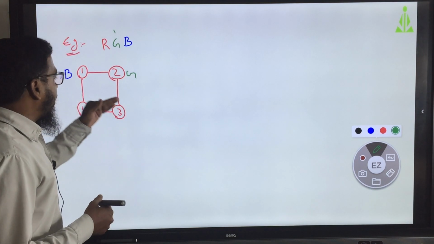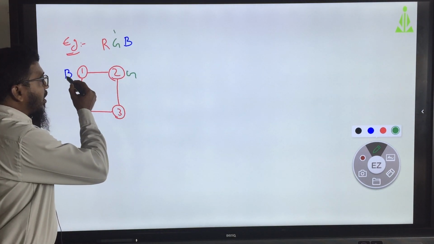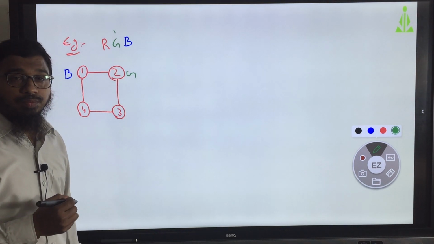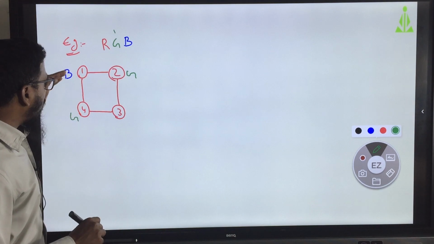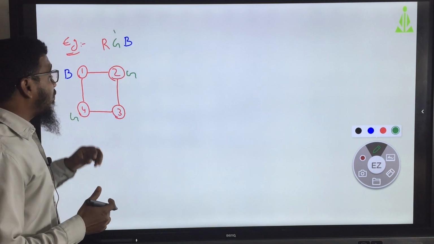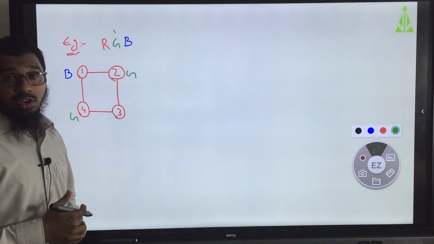Now, from the B, can I give the green color here? Yes, I can give the green color here, because these two adjacent vertices should not have the same color. So, here the blue color and here the green color.